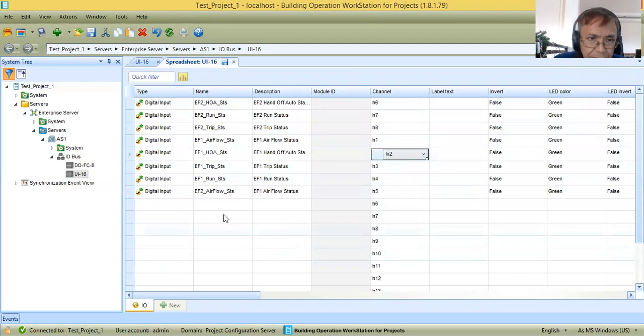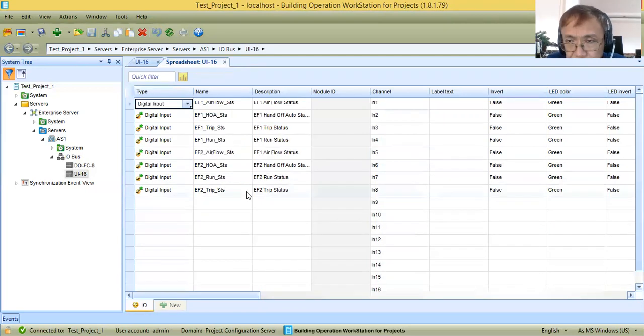Because as you can see here, we need to monitor 8 points from the motor control and the exhaust fan field device. The field device here is only the air differential pressure switch, which will monitor the airflow. So this is how you are going to create the physical points to your I/O modules.